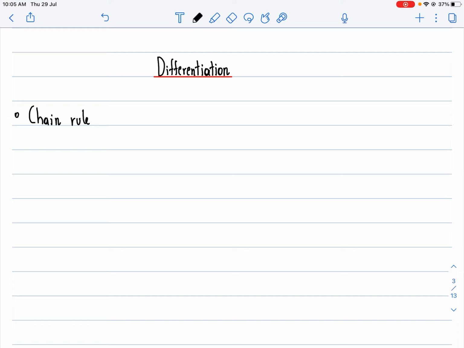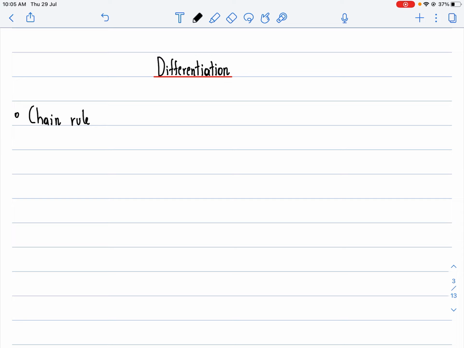Today we'll be doing the concept of chain rule, which is a subtopic in the chapter of differentiation. This concept is really important because it's applied everywhere. There's one basic formula which you need to know, and then we'll do a lot of examples so that you're 100% sure of how to apply the concept